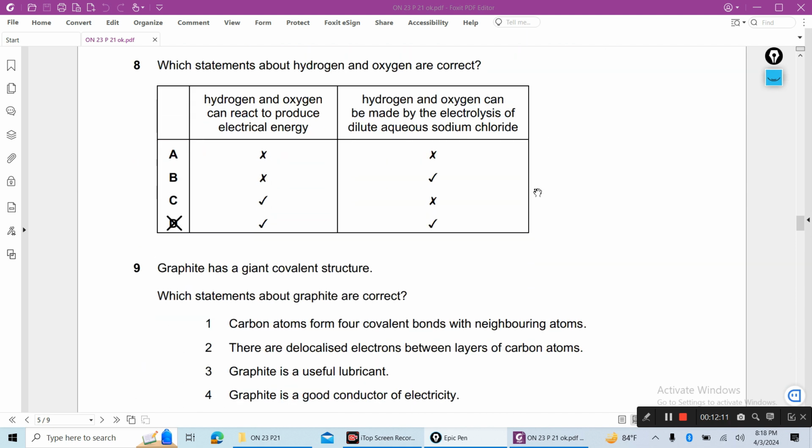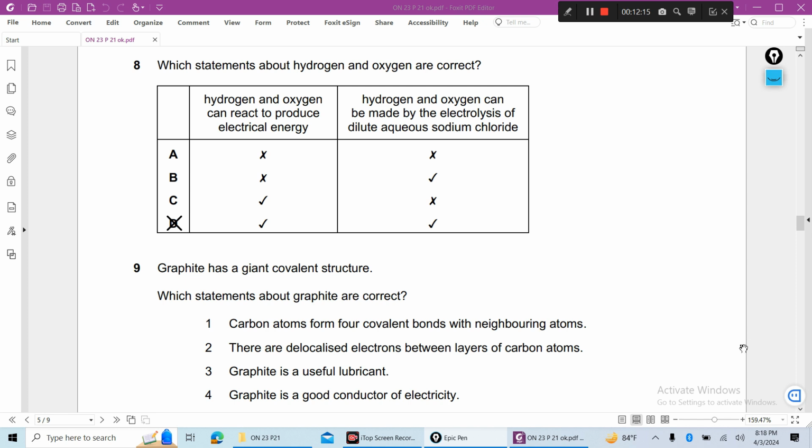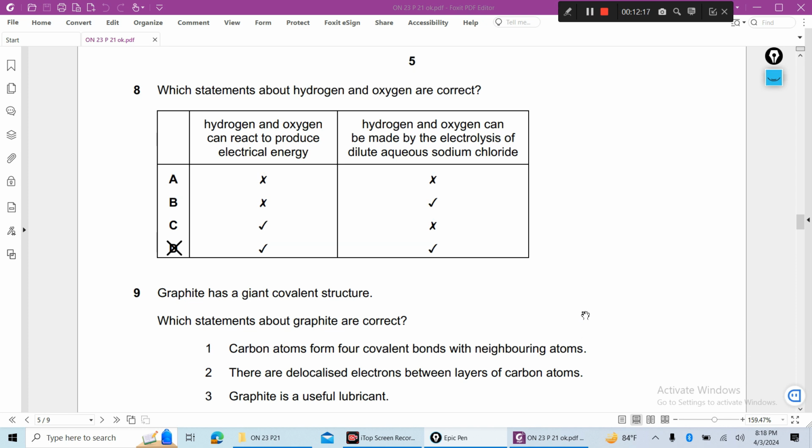Next, eight, which statements about hydrogen and oxygen are correct? D is the correct answer. Why? Hydrogen and oxygen can react to produce electrical energy because hydrogen burns with oxygen to produce water and energy is produced,